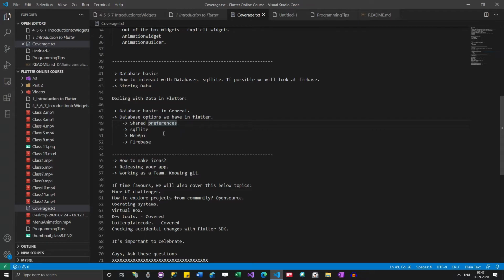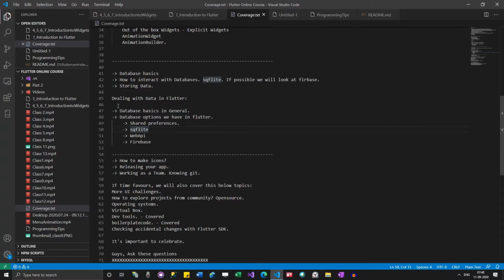The next option we have is SQLite. If you want a mobile database, a database that sits on the mobile phone, and you are not bothered about syncing that data to the internet or taking that data away, then SQLite is something you can try.